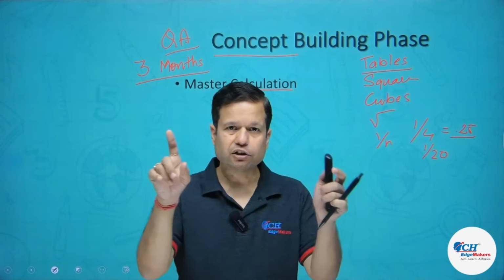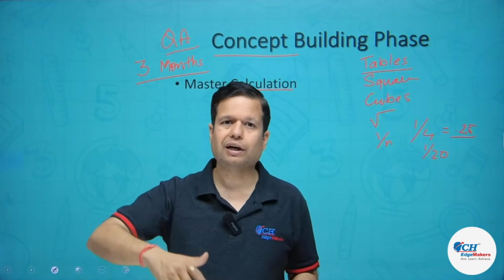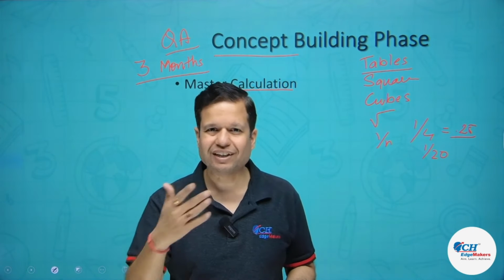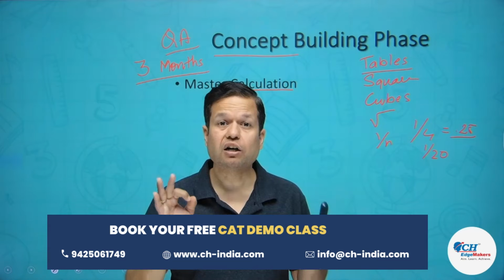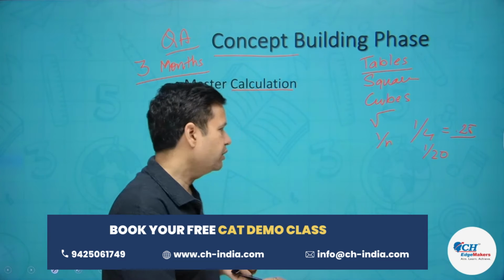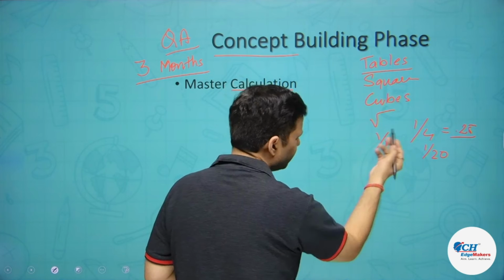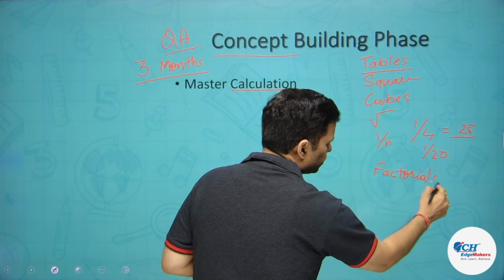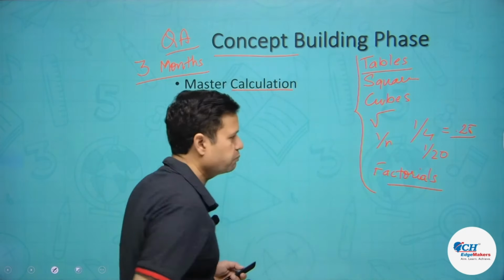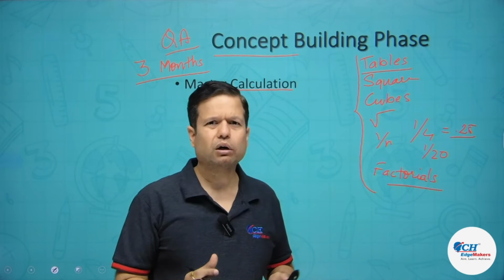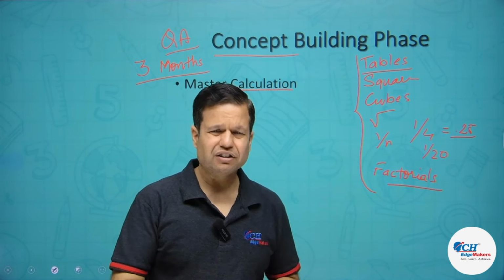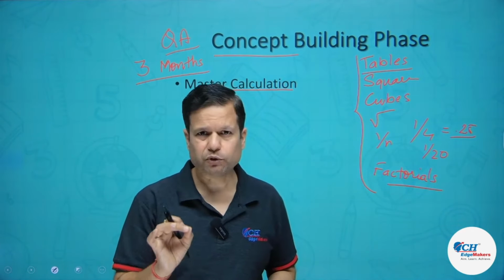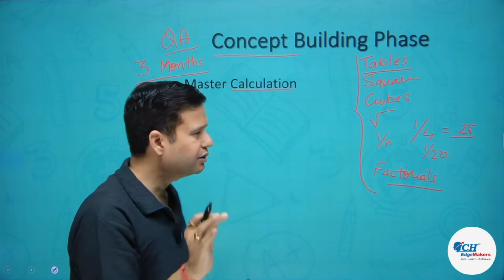Make it a schedule that daily you are doing 2-3 tables and then asking yourself some random questions. And once you have completed tables, keep revising until they are by heart. I repeat, you should know all these things by heart. If you can, add one more thing, which is factorials. These are the things you should do to improve your calculation. We are not suggesting that you go for shortcuts and thumb rules. We are not talking about them. We are just talking about basic calculation. You should be good at tables and other things. Fine, this is the first step.